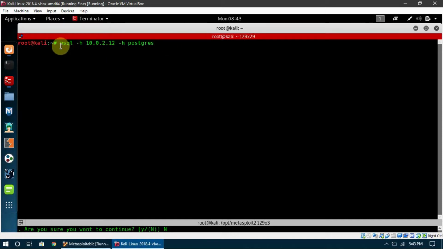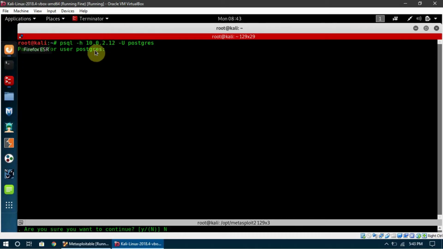I am telling it psql, which is PostgreSQL, -h is the host whose database we want to gain access to, and, sorry, this will be -u, and this is the username of the database which is being used. So PostgreSQL, then the host, and then the username. We press enter, and it is going to ask for a password for us, and the password was Postgres2.